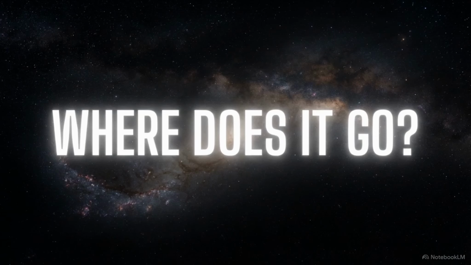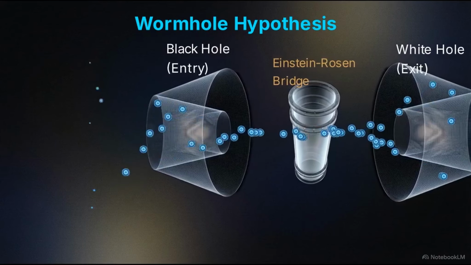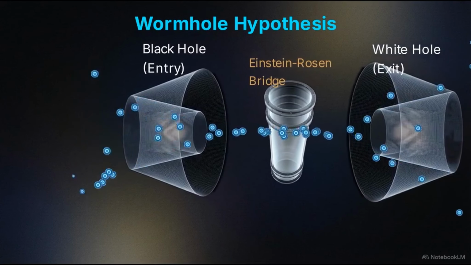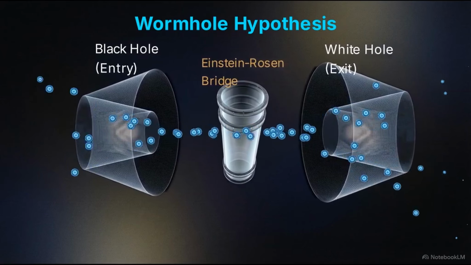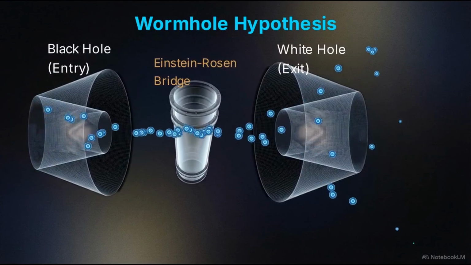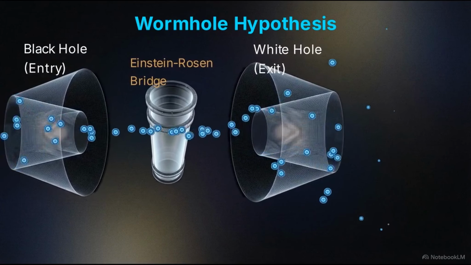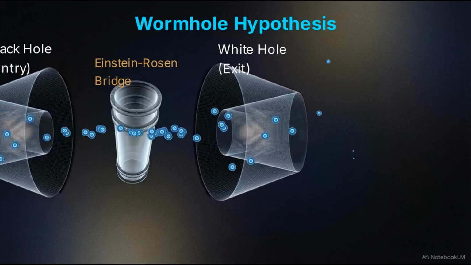If matter violently rebounds instead of vanishing, physicists have to account for where that energy is actually displaced. This diagram shows the wormhole hypothesis. Under this theory, the extreme gravity creates a tunnel that channels the rebounding matter into a different timeline or universe, where it is expelled through an outward-flowing exit called a white hole. This shifts our understanding of black holes from cosmic trash cans to a complex interdimensional transit system.